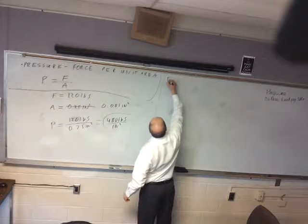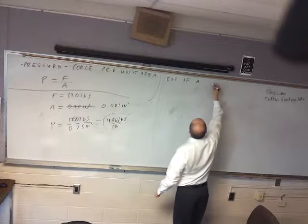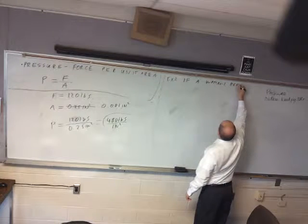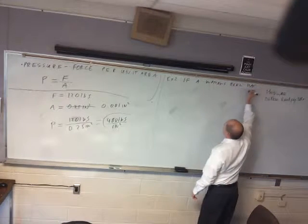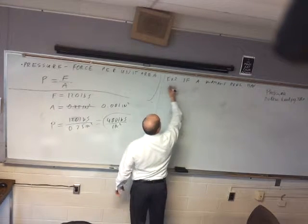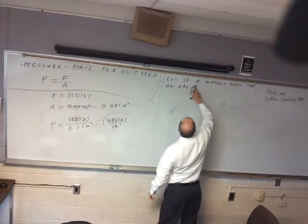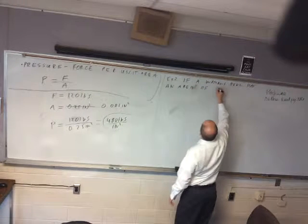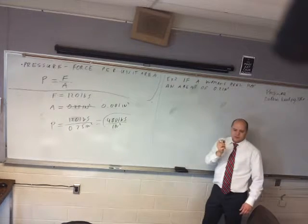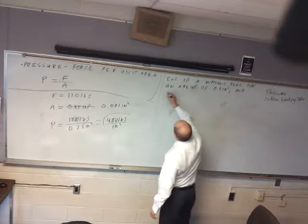So let's do, if a woman's heel has, are you wearing high heels? It would have been really convenient if you were, but who wears them like one day, right? A woman's heel has an area of 0.2 inches squared, right? So those things are pretty small, some of them heels, right? And she applies a force